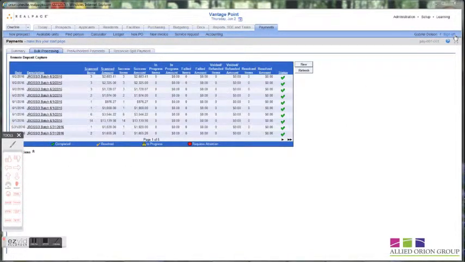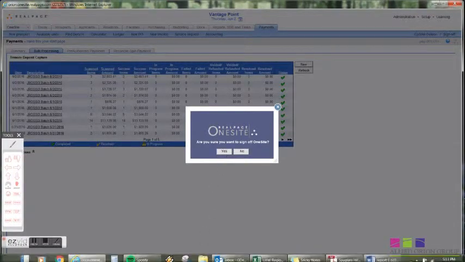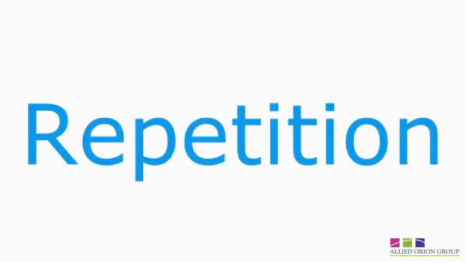Really, in closing, when it comes to RollPage and any software process, it's going to be repetition on your end to really try these steps over and over, and make sure that you get comfortable within the system. So again, we'll